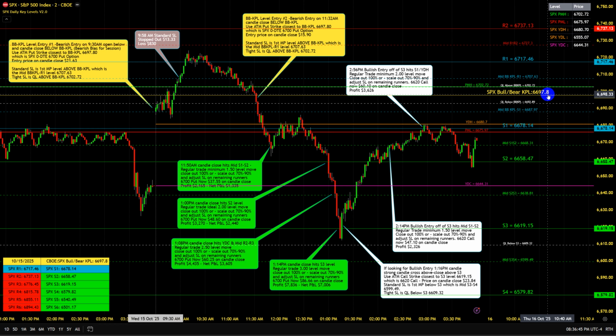For those that may not be familiar with how SPX options work, SPX options trade in 5-point increments. So for example, 6690, 6695, 6700, 6705, 6710, etc. So the closest strike to this bull bear KPL is going to be the 6700 strike. This is a bearish play, so it's a 6700 put option. The entry price on this candle close, which opened at 9:30 and closed at 9:32, is $21.63. So one put option is going to cost you